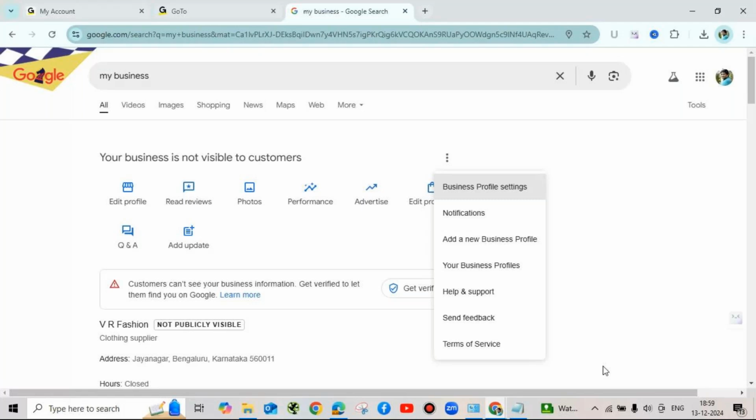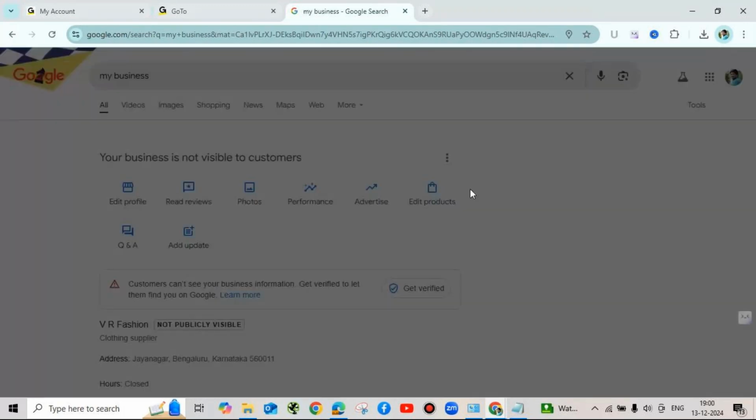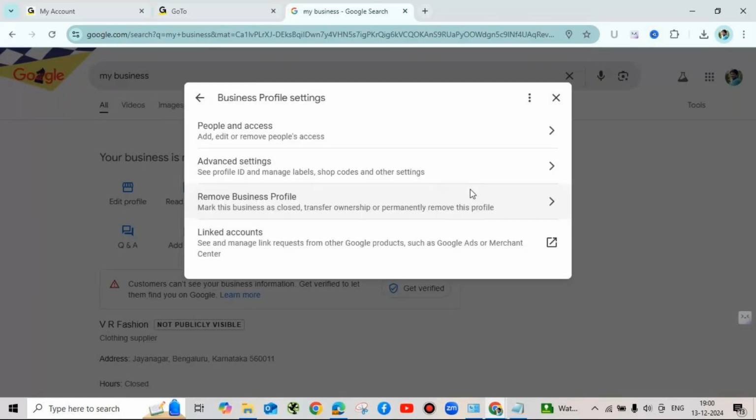an access user, so that they can log into my account with their user ID and password, that is, their email ID and password. How I can do it is by clicking on these three dots. You have an option called business profile settings. Here you have an option called people and access. You can click on this,